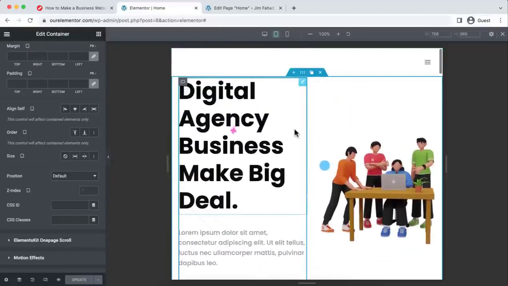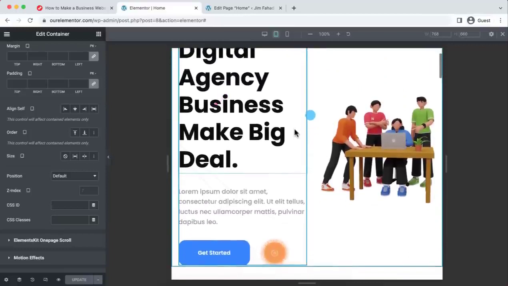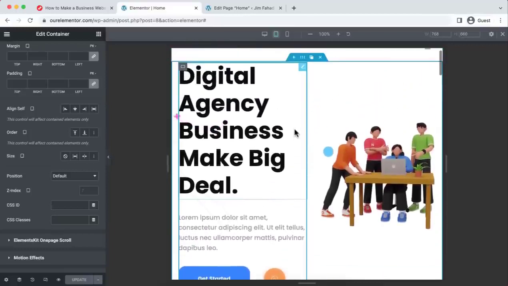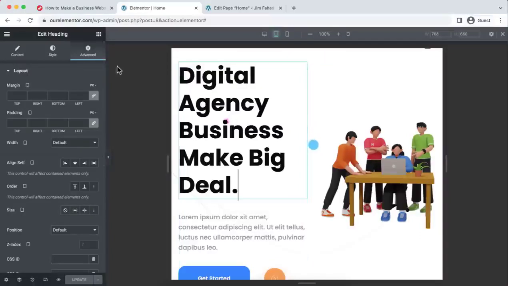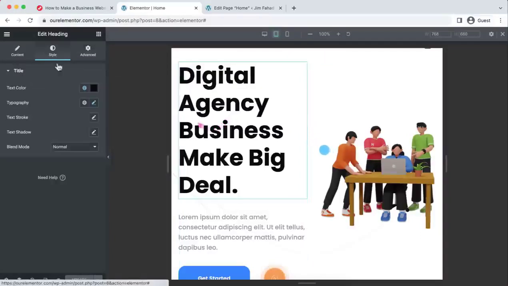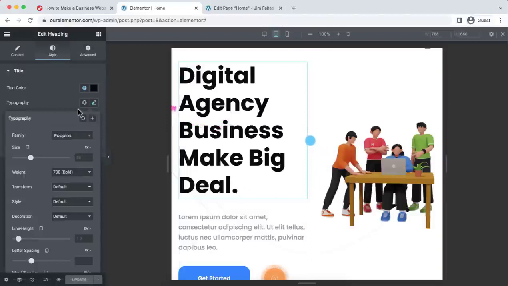So let's now start from this banner area. In the banner area you see everything is looking great, but I think we just need to reduce the font size of this heading. So first of all, I'm selecting this heading widget. Now let's go under its style tab, and here I'm opening the typography. Now have a look here. On the side we can see a little tiny tablet icon. So only for the tablet device I want to reduce its font size to